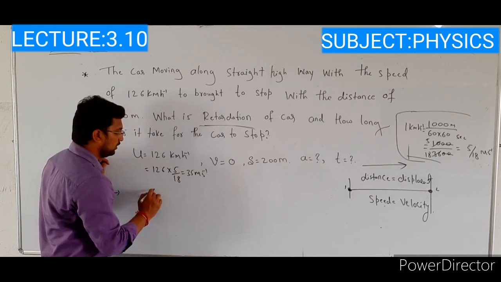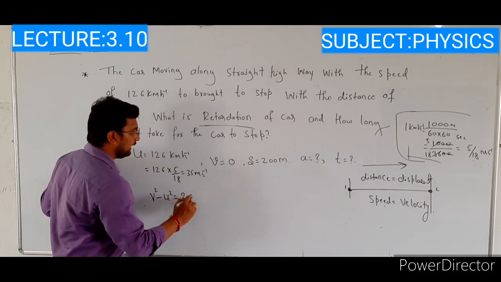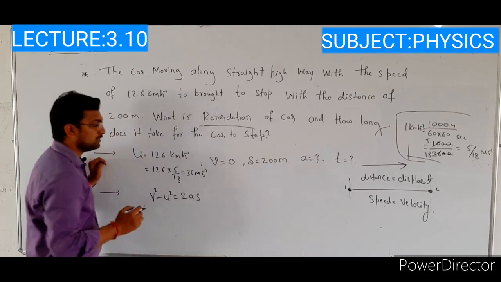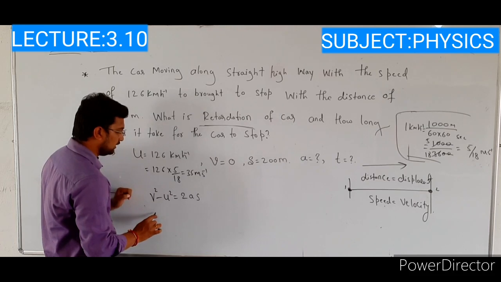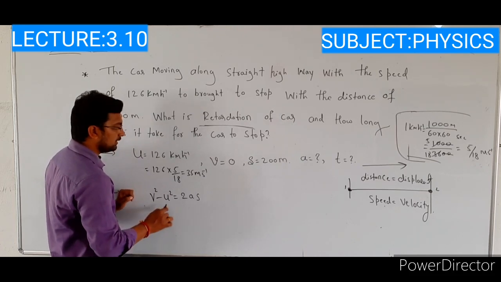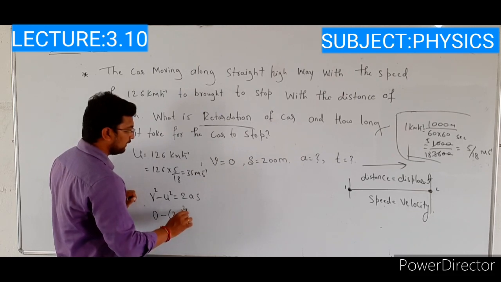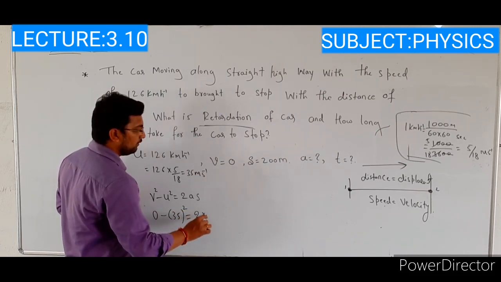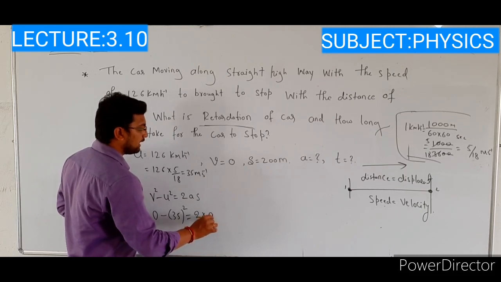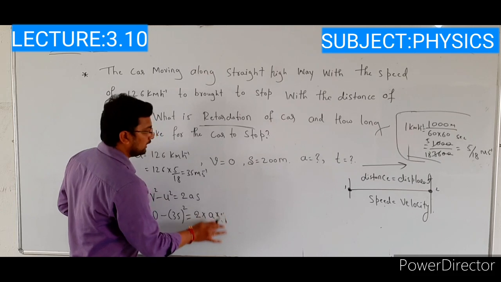See here. We already know the formula connecting initial velocity, final velocity, displacement and acceleration. That is v square minus u square is equal to 2as. Here the final velocity of the object is 0, so substitute 0 minus the initial velocity 35 square, that is equal to 2 into a, keep the acceleration as it is, then the distance is given as 200.